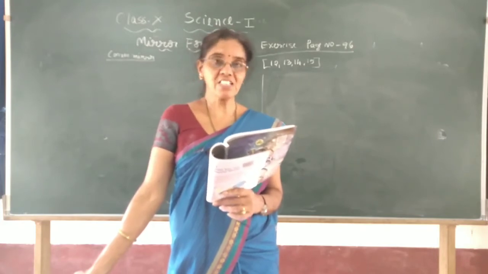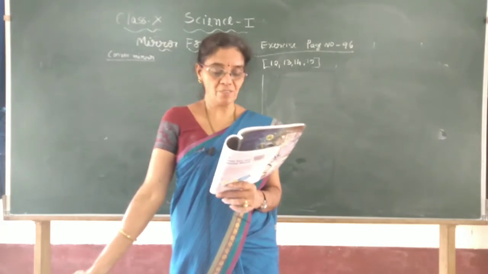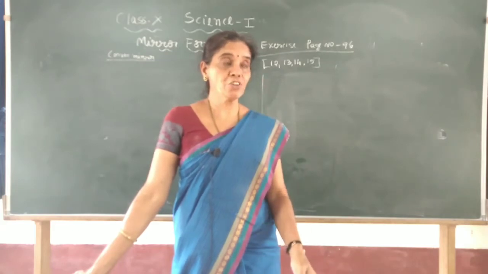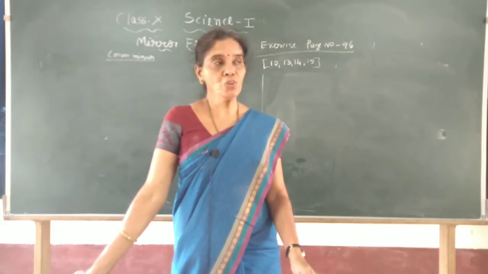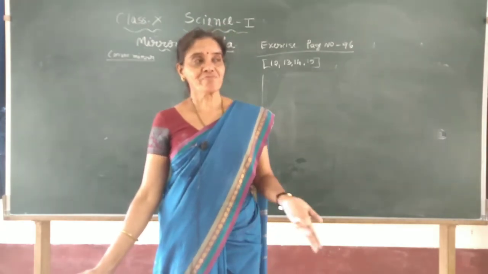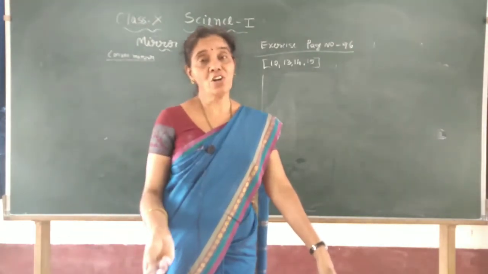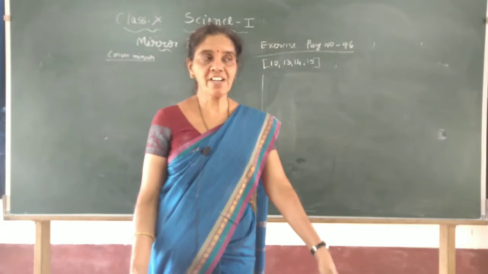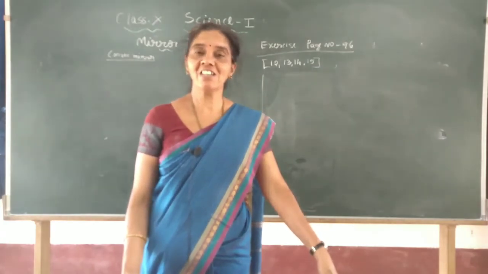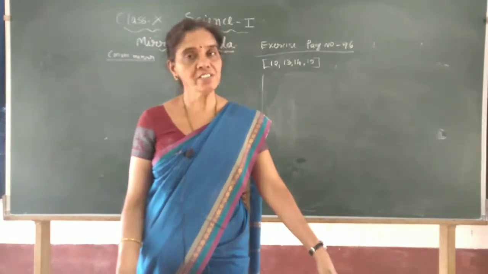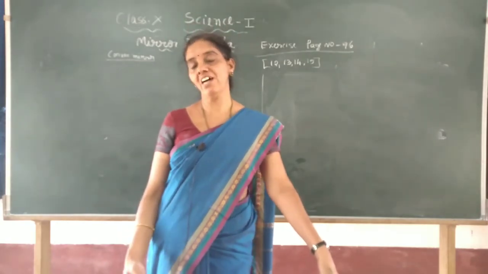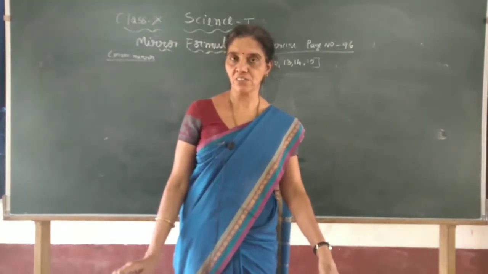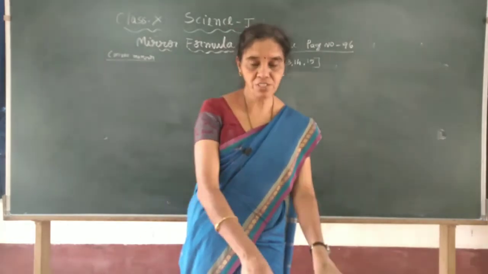Here the height of the object is given, that is the extra thing, and they have not directly given the image distance. They framed the question so that you have to find the distance of the screen. Anyone knows that a real image is always formed on the screen, right? So we have to find the image distance, but instead they ask to find the screen distance. Since the height of the object is given, we can find the height of the image also, and its property we will write later by finding the magnification. So what is given in the question, we'll write one by one.